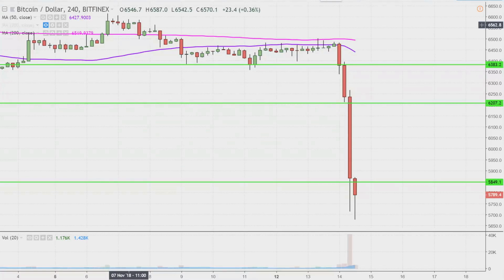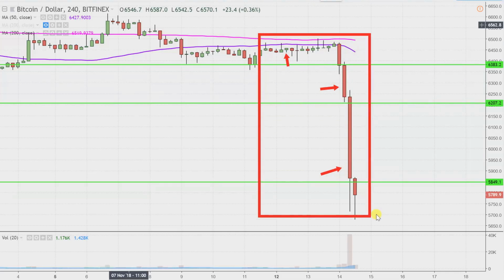Real quick, what do I mean by 4-hour in case maybe you're new to charts? Instead of each one of these candlesticks representing 1 day's worth of price action, which is what you would normally see, each one represents 4 hours. So while this may look like a couple of weeks' worth of time, it's actually just the past couple of days broken down into 4-hour time slices. I like this time frame. It does a good job of telling the quote-unquote story of the price, and it makes mapping out levels of support and resistance a bit easier to see.